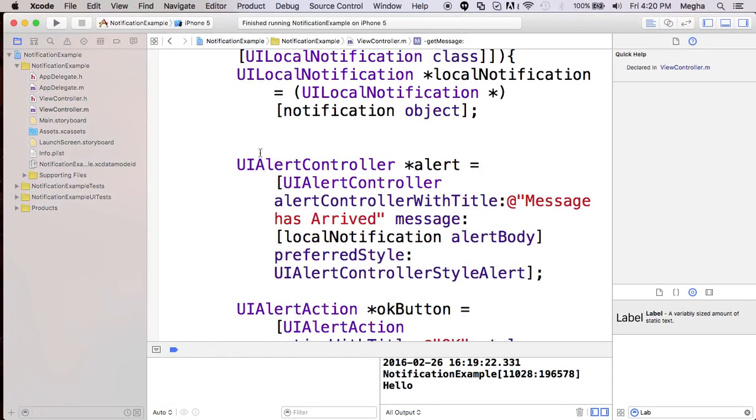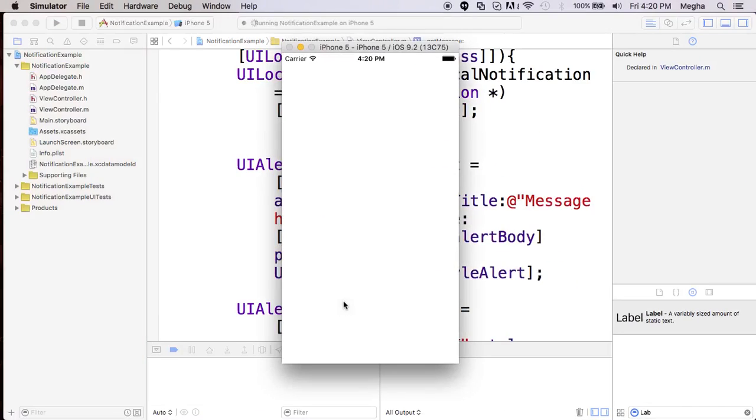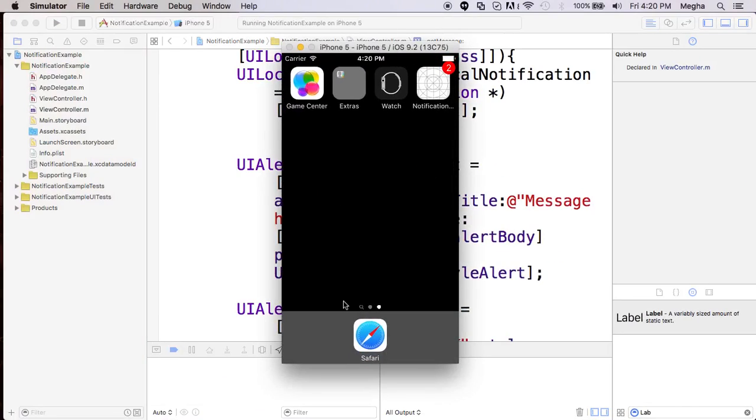So you are getting this when the application is open. But whereas if the application is closed, let me close the application. So I won't be getting the alert controller. Instead, I will be getting a badge on the top, kind of a notification on the top. So after 10 seconds, I should be getting it. If you see the log is not executed, because the application is closed, it receives a local notification. So this is a kind of a trivial scenario. In fact, all the three are different concepts, but I try to put them into one single example